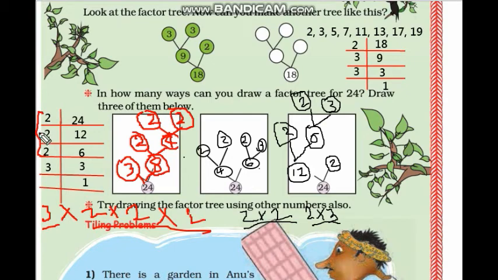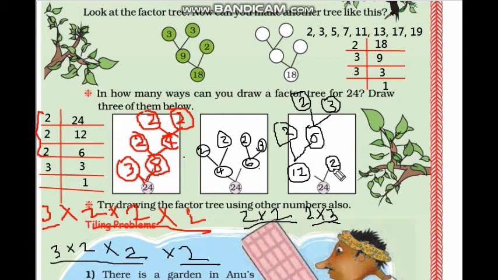Here first we are taking these three numbers 3, 2 and 2. So 3 to the 6, 6 to the 12. Now only this one 2 remains. So into 2. That means 12 to the 24.